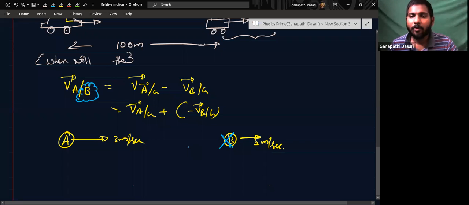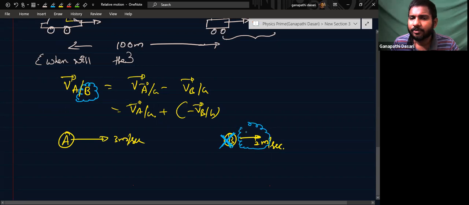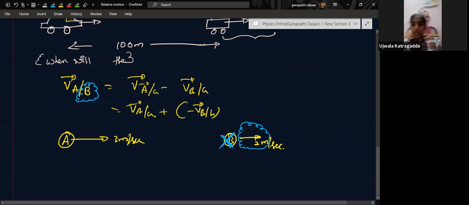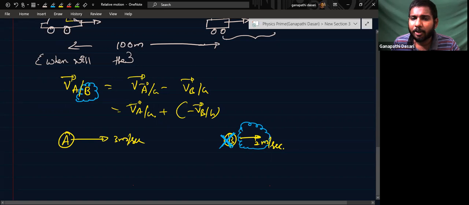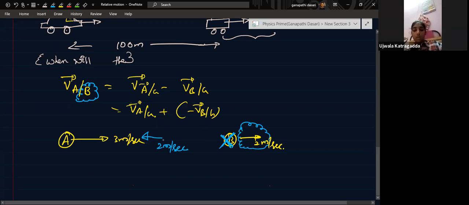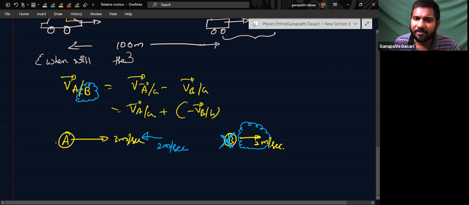So whichever object you want to observe from, you just stop the object and there will be no velocity to it, isn't it? You give that velocity, you reverse that velocity. Reverse it, that velocity means what? 2 meters per second in the right side means I should draw it as minus 2 meters per second, left side. And then add it to what? The main vector. Velocity of A with respect to B. So B, you stop it and you reverse the direction of B and give it to the main vector, A.